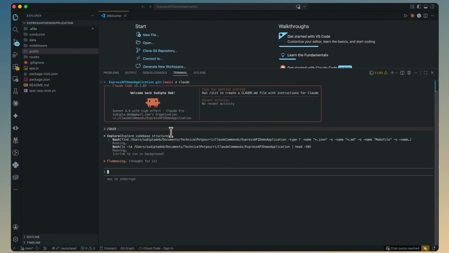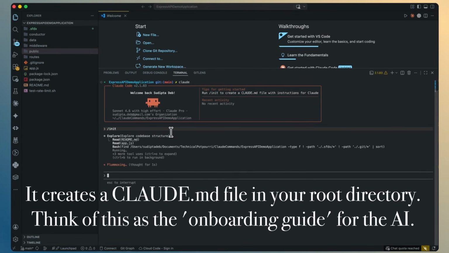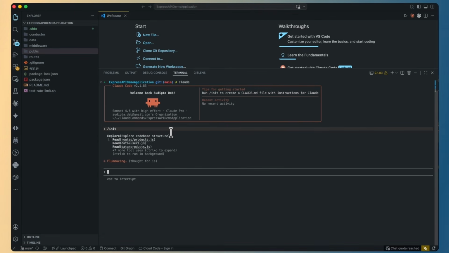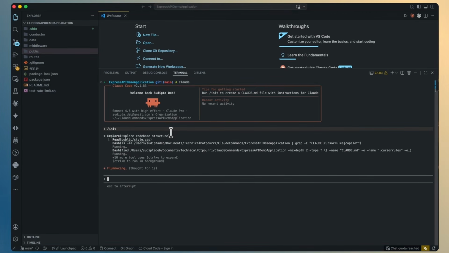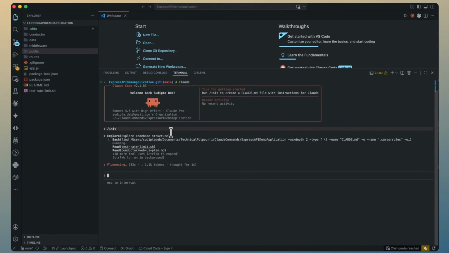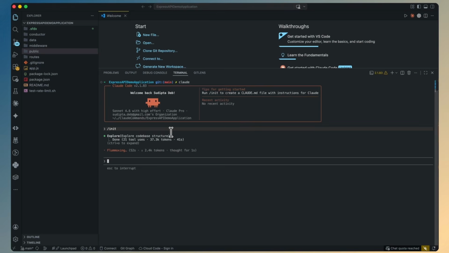Basically, before you start any project, you should run this. It will create a claude.md file in your root directory. Think of this as an onboarding guide for your AI. You can define your coding standards, naming conventions, or any kind of best practices that you want to follow. And honestly, once initialized, Claude stays aligned with your architecture without you having to remind it every 5 minutes. So that's why it's very important that you always do a /init command at the beginning of the project